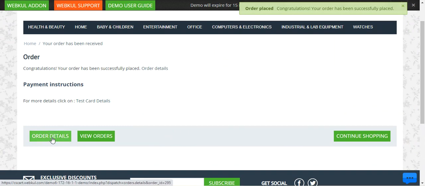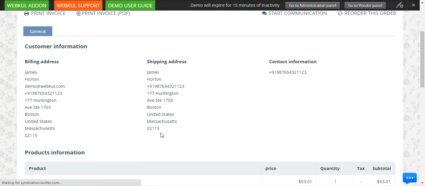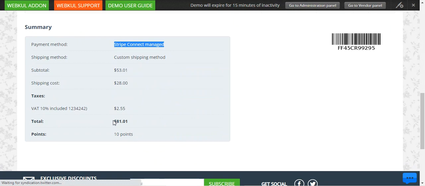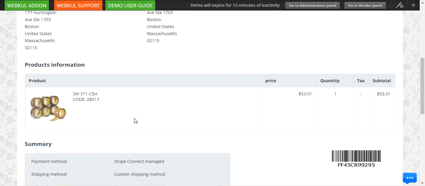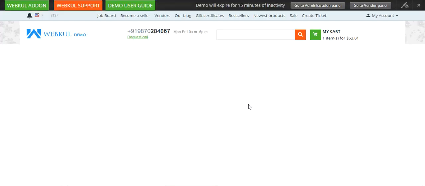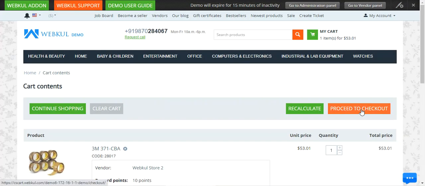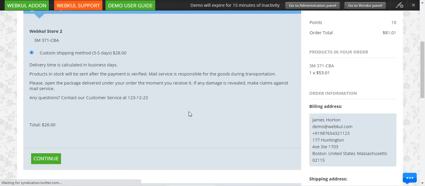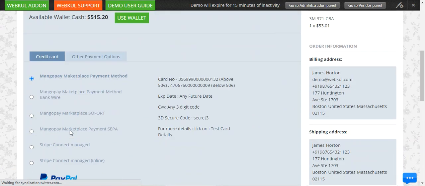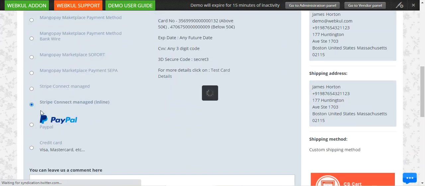If I check the order details by tapping here on the order details, then I'll be able to see the payment method as Stripe Connect managed itself. And we had made a payment for $81.01 there. Now if I reorder this particular order once again to show you the inline one, I'll proceed to the checkout there. As a customer, I'll choose the continue button there, and under the payment methods here I'll be choosing Stripe Connect